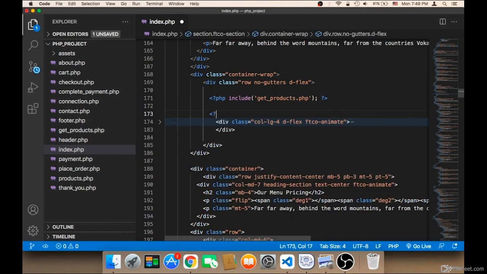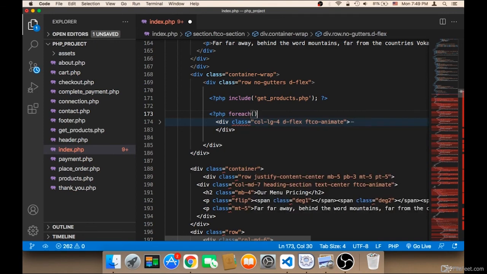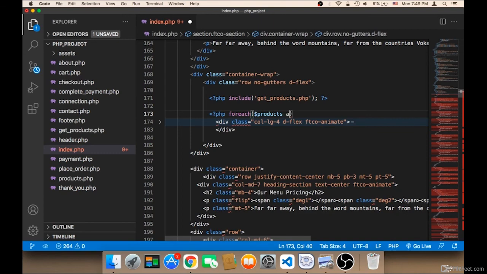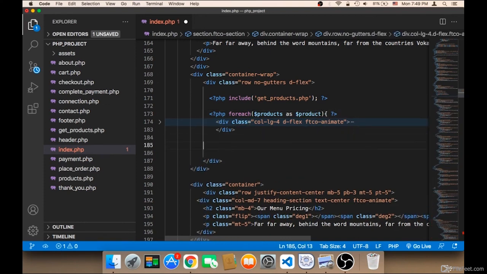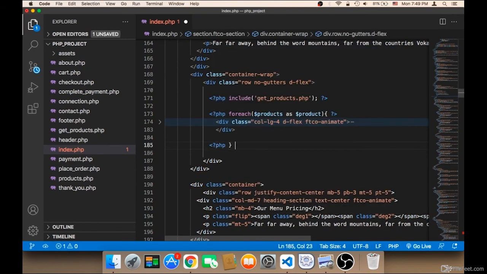Then I'm going to loop over the products. So I'm going to say PHP, and then foreach products as product, and then a curly bracket, only one curly bracket. And then here we need to close the curly bracket, PHP, and then close the curly bracket. Now in between we need to